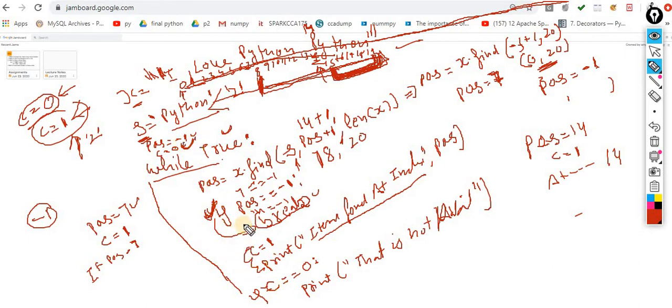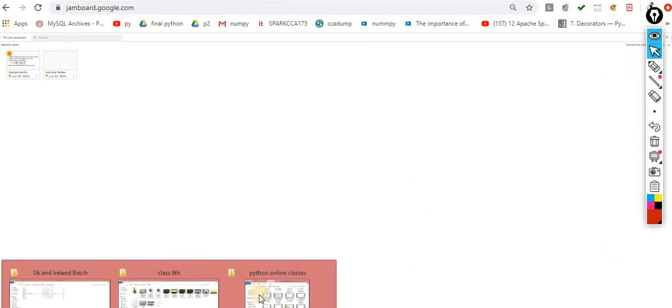After breaking the loop over here, it will never process these two lines. Now it will check 0 double equals 0. Yes, the condition is true. That means the item is not available. This is the process by which these kinds of scenarios happen. Okay, let me show you the practical. After that I will take your questions.